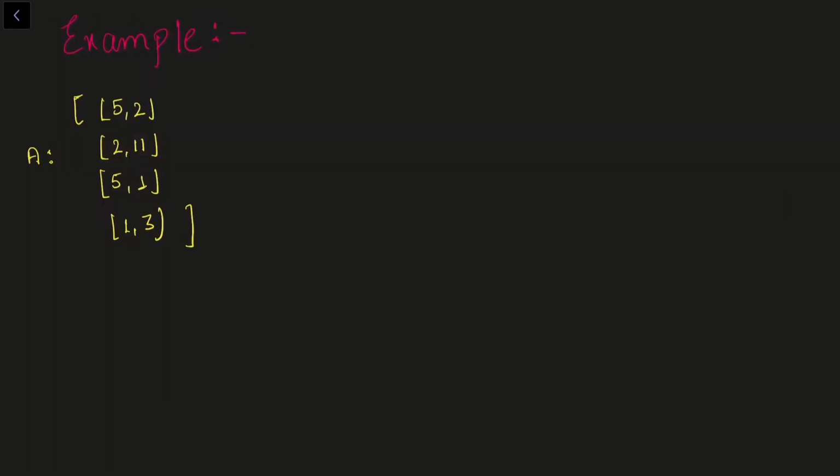Now let us talk about this example test case. So we are given an array which contains 4 elements and each element consists of quality and quantity, right? And now I need to return the maximum quantity I can have. Okay, but at any step we can only choose the elements which have maximum quality, right?